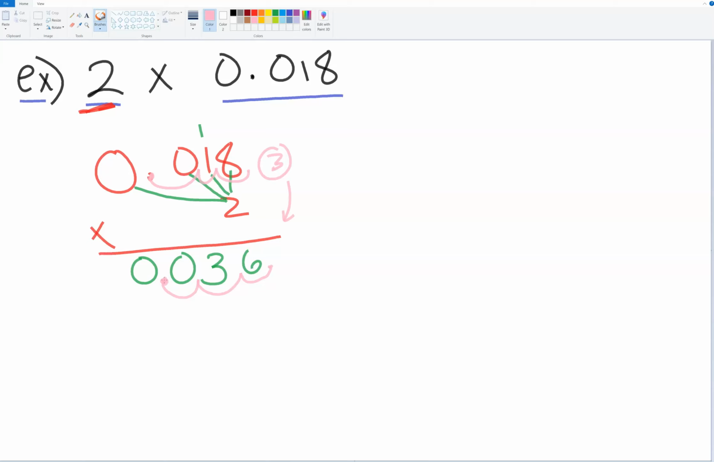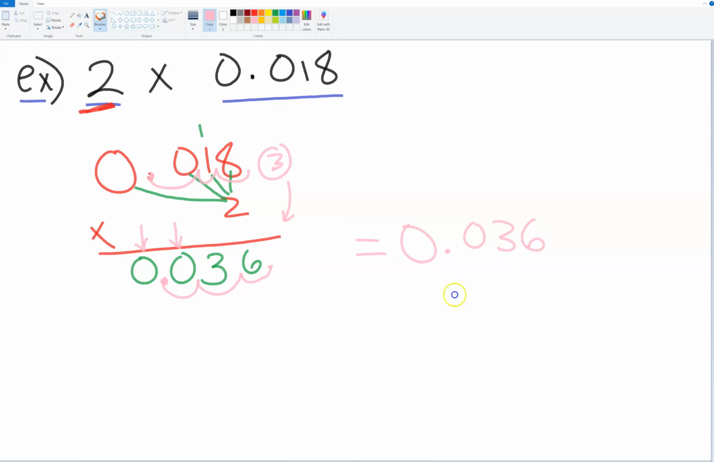So again, you see how I have the zeros here, and instead of leaving that blank, because we know that 2 times 0 is 0, I still write the zeros because of this. When you need to place your decimal, you don't want to mess up and put it in the wrong spot. So our final answer is